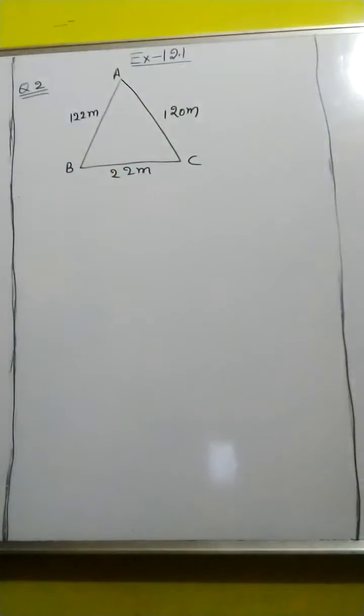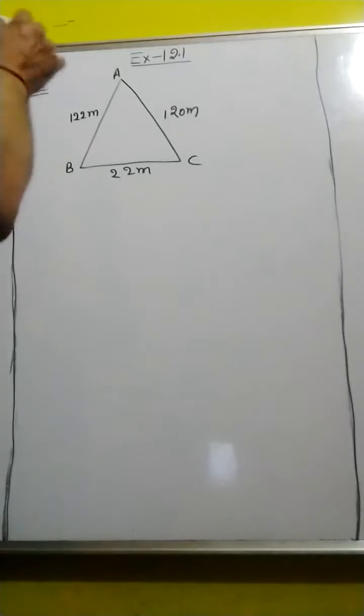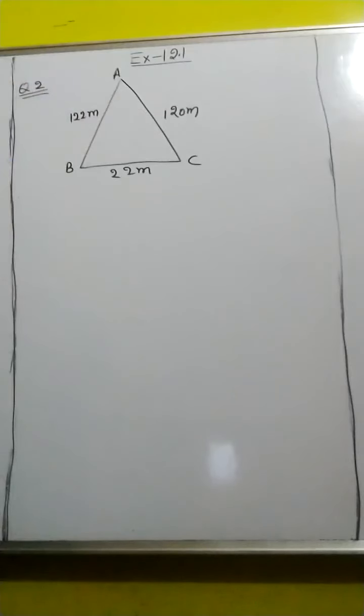You have to calculate the area of this wall, and it is given that the earning is rupees 5,000 per square meter per year. So for calculating the rent of the wall for 3 months, we will calculate the area of this triangle,